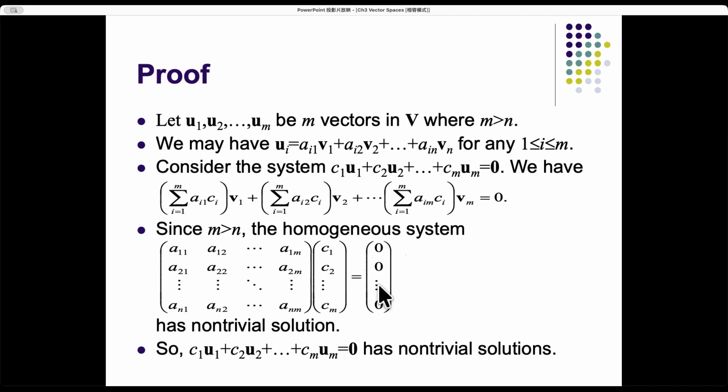A homogeneous system is guaranteed to have at least one solution, namely C1 to Cm all 0. The issue is whether or not you have additional solutions. But since you have more columns than rows, if you use Gaussian elimination, what happens is that you will have some free